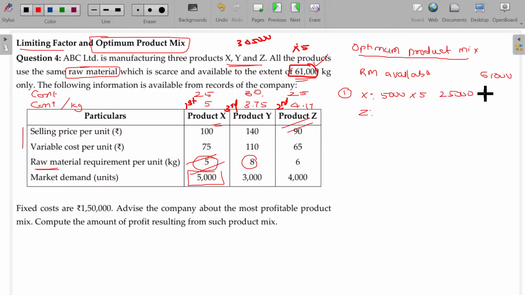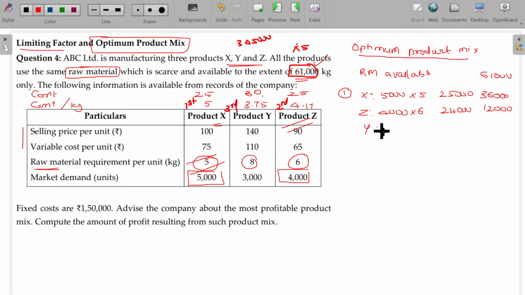Now what's the value here? 36,000. Now, in case of product Z, the market demand being 4,000, beyond that you cannot sell. For manufacturing every Z, it requires 6 kgs of material, so 24,000 kgs of material needed. Already we have 36,000 material. Of course, we are sufficient enough to manufacture all these Z's market demand. So after that, still we have 12,000 kgs of material that can be used for manufacturing the least choice product Y